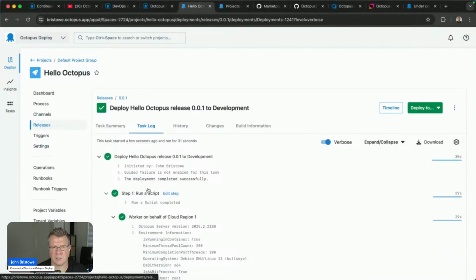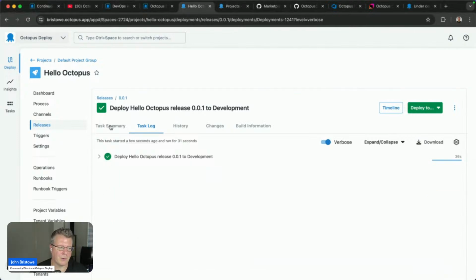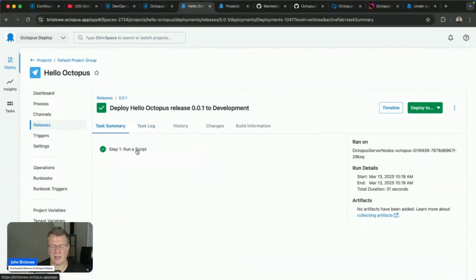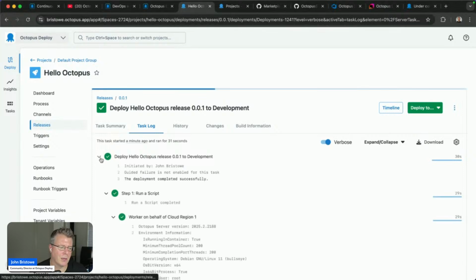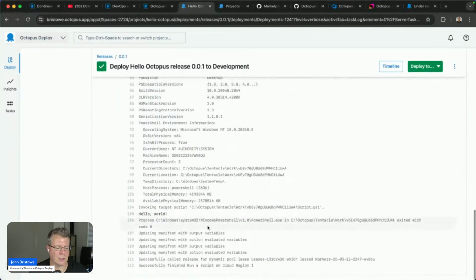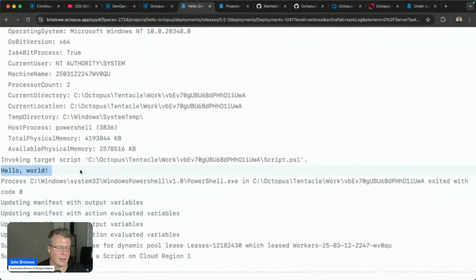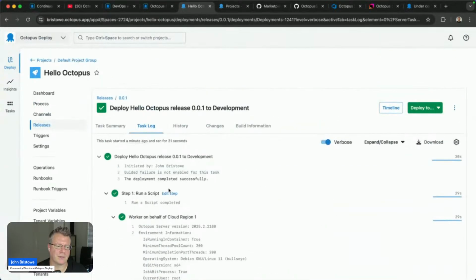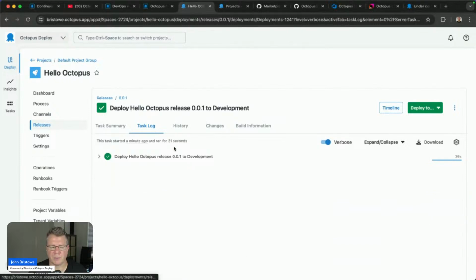And this is being done against just a sort of cloud target that we have available for you to utilize. So you can see it just ran successfully. It was a very simple example where we just executed a script step to output hello world to the console. So nothing magical about this, but it gives you a sense of how a deployment is run and what it should look like.